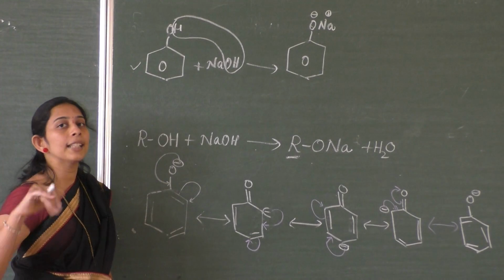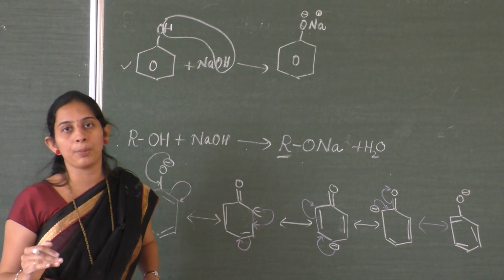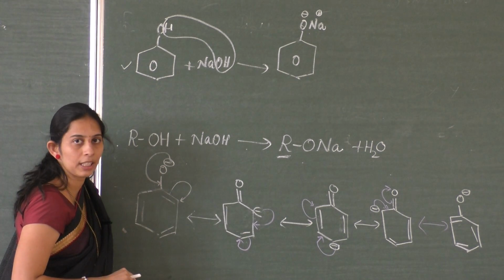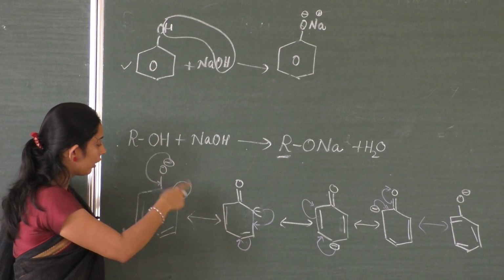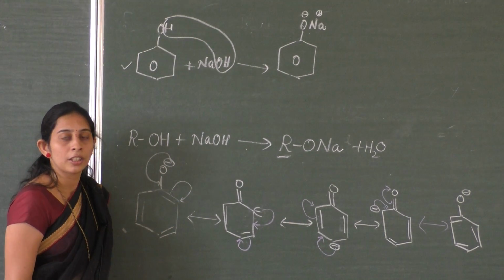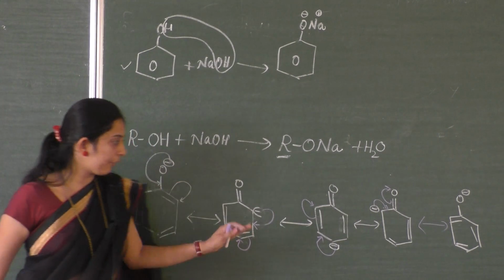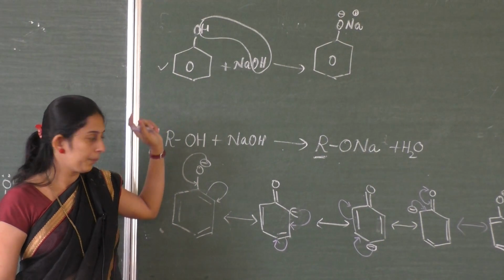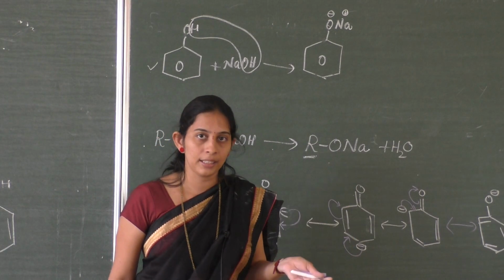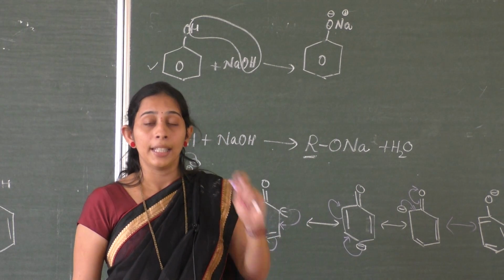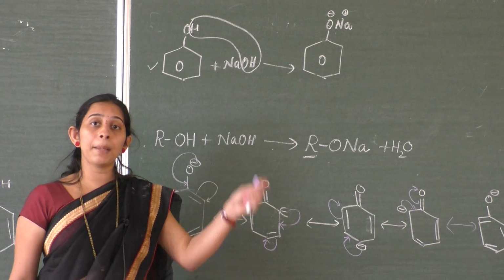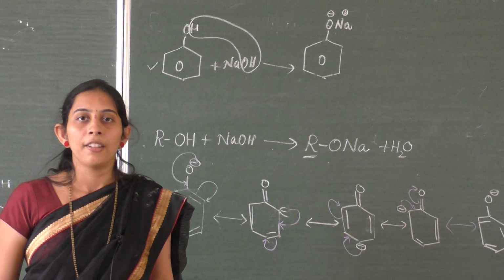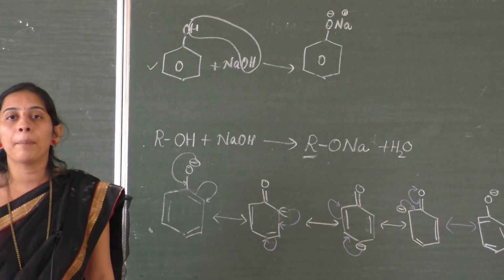In phenol, charge separation, both the positive and the negative charge, is present, whereas in phenoxide ion, delocalization of a charge, in the sense only one charge is present, that will delocalize around the molecule. So therefore, if I compare phenol and phenoxide ion, phenoxide ion is more acidic compared to phenol. Why? In phenoxide ion, the already present charge is delocalized around the molecule. Whereas in phenol, what happens?